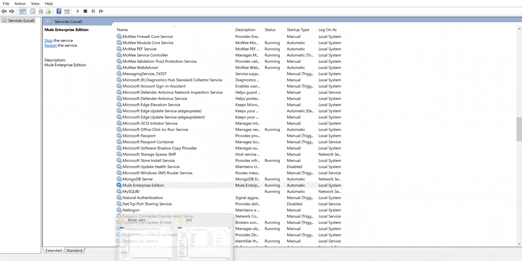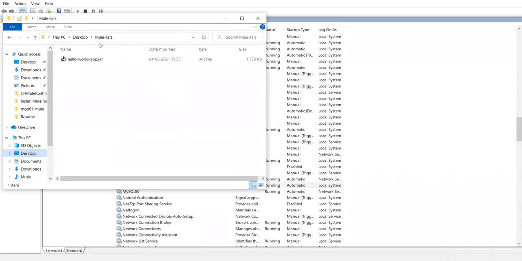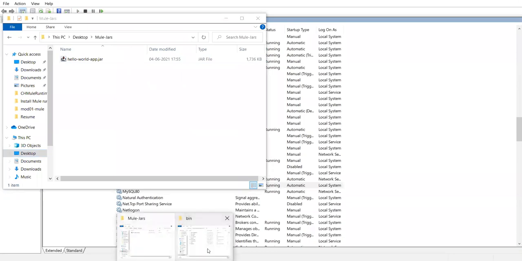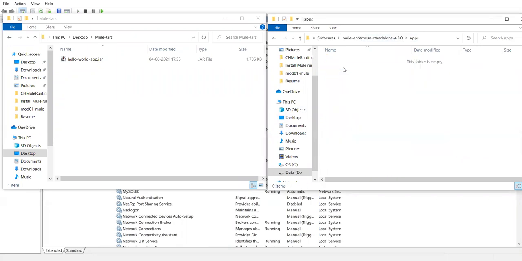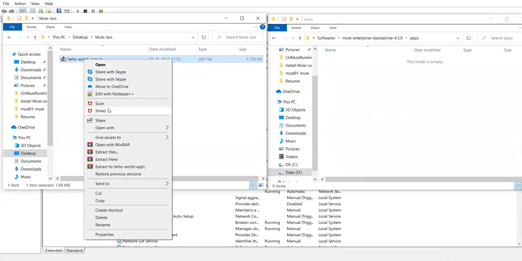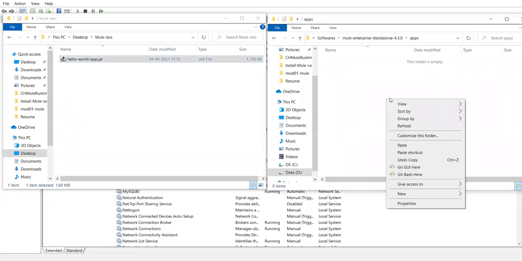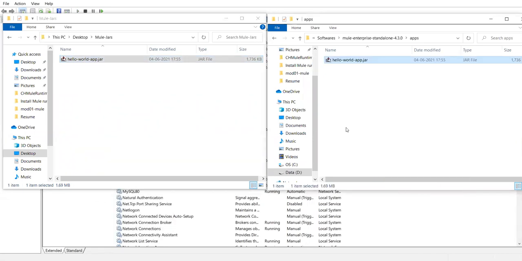Now I can go to my folders, get that jar and go to the apps folder here. We'll copy this jar from here, paste it in this folder, and we'll monitor it.